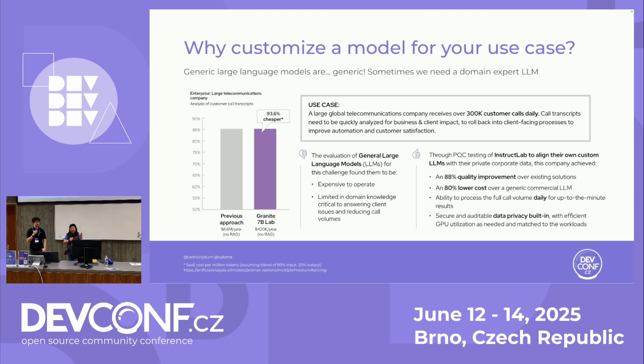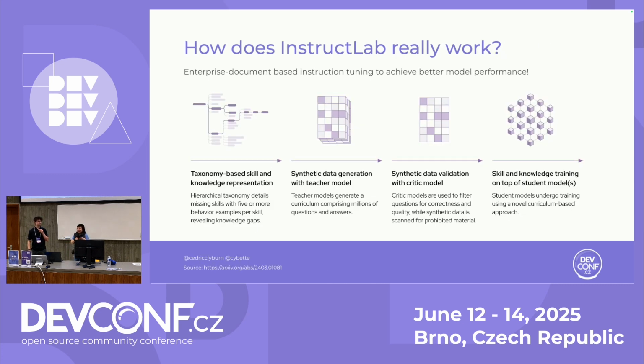So we've had POC testing with InstructLab, customizing language models, maybe not even large, but medium and smaller language models, with private company data, and they have actually seen a great increase in the quality of the output as well as a reduction in cost, which is another important factor to consider. So how does InstructLab work to do that? You want to show the demo along with this? Yeah, we can do that, but I'll let you briefly explain it as I pull it up.